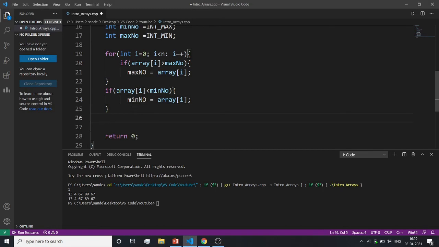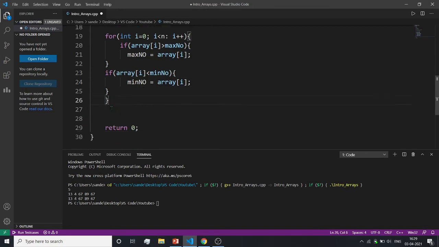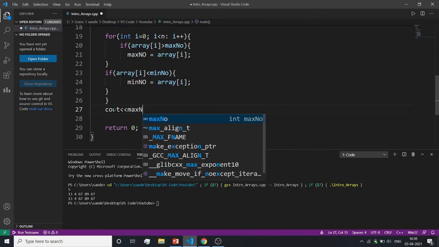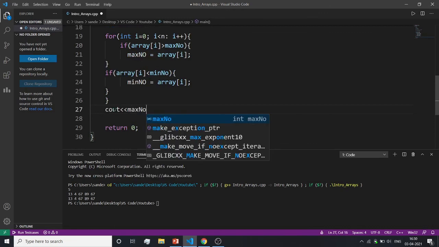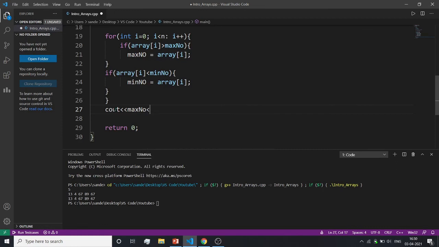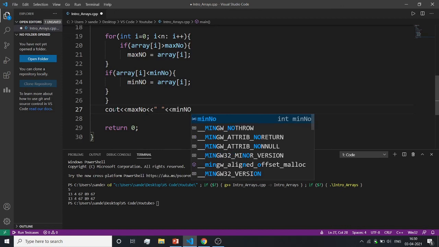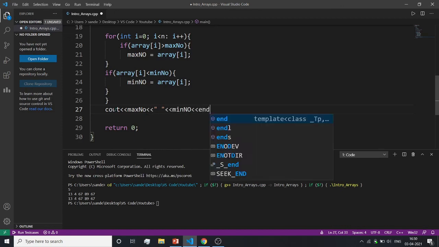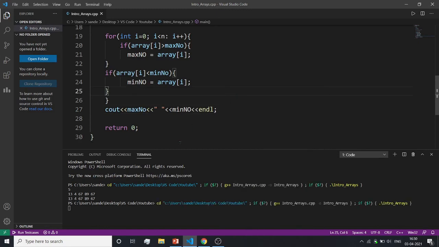Then finally we will display our minimum and maximum number. So cout max number first, then our minimum number. All right, so let's run the code.